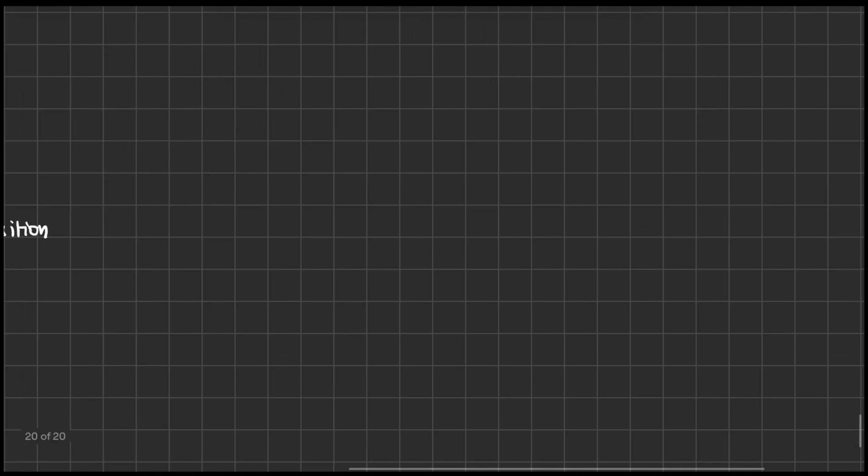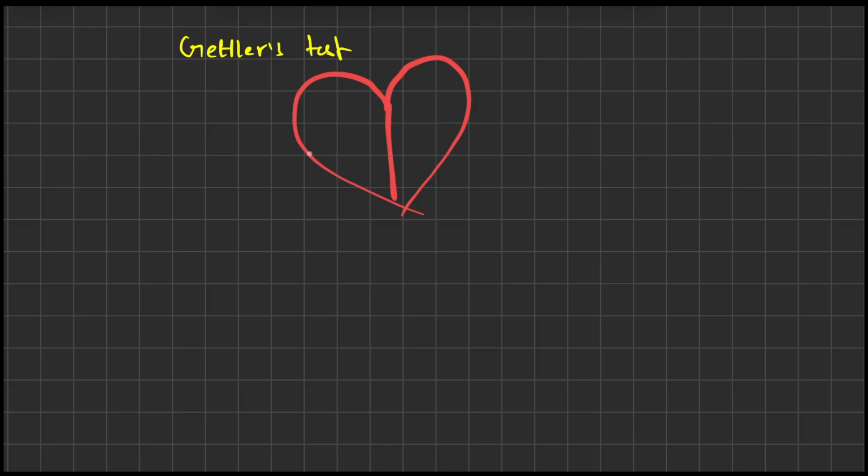Second is Gettler's test. Gettler's test is carried out in order to differentiate between saltwater drowning and freshwater drowning. In Gettler's test, you actually take two samples. So you take one sample from the right side of the heart and the other sample from the left side of the heart. Normally, both the right side of the heart and the left side of the heart have equal concentration